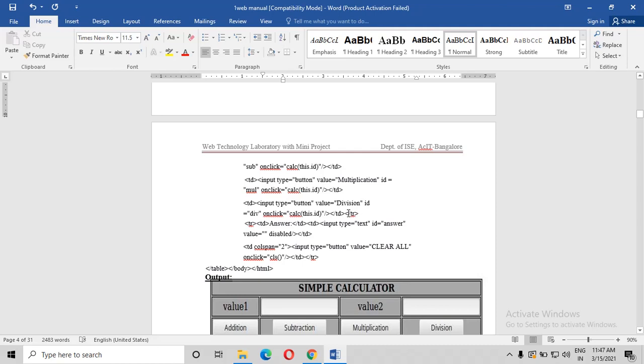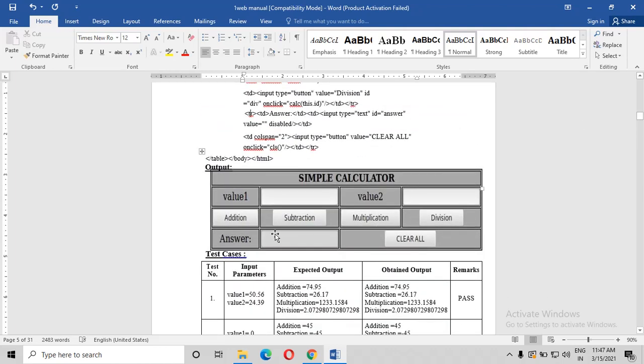And after that the table row, you are taking the table row. Once after the table row, the TD, again the table data you are taking, and what is that? Answer. Answer, what is the input type? It is a text. It is not a button, right? Yes, the text, and the ID is answer. And once after that, we have to give a decimal. And you want this to be in 2 columns. Please do understand, a table data as a column span is equal to 2.